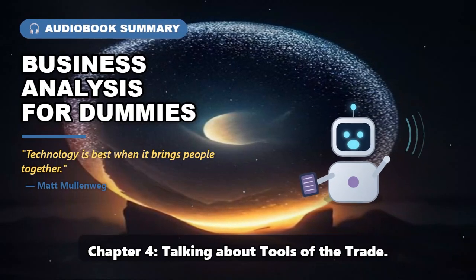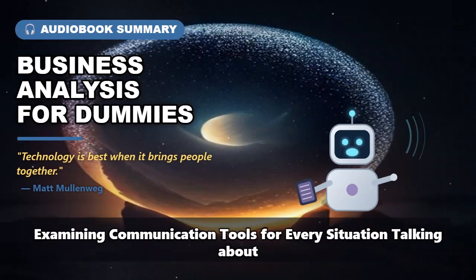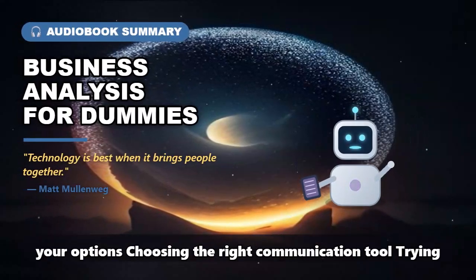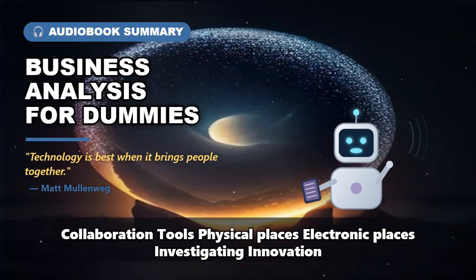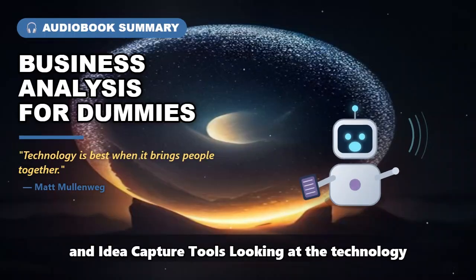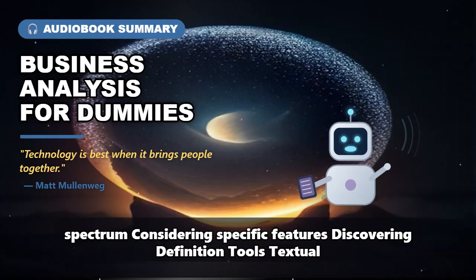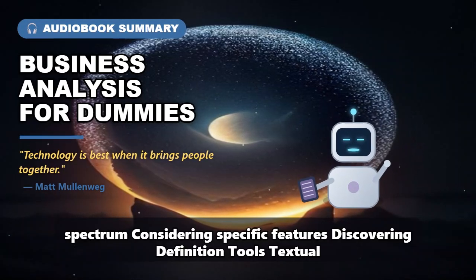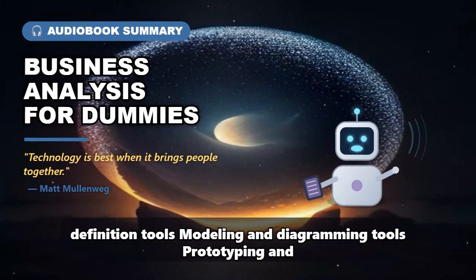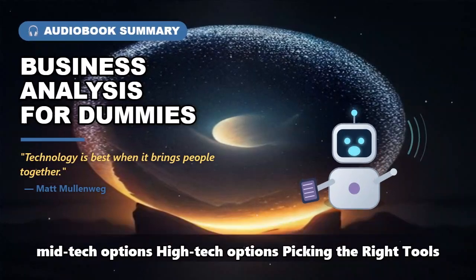Chapter 4: Talking about tools of the trade. Examining communication tools for every situation, talking about your options, choosing the right communication tool, trying collaboration tools, physical places, electronic places, investigating innovation and idea capture tools, looking at the technology spectrum, considering specific features, discovering definition tools, textual definition tools, modeling and diagramming tools, prototyping and simulation tools, reviewing requirements management tools, low and mid-tech options, high-tech options,